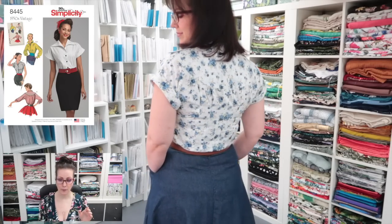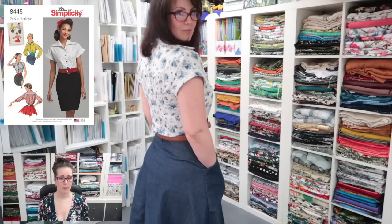And again, I did do a sew along for this particular top. I like how it looks. I just don't love how it looks, and I don't love how it feels on me. So that one has been donated, as has the 7810. It's just,